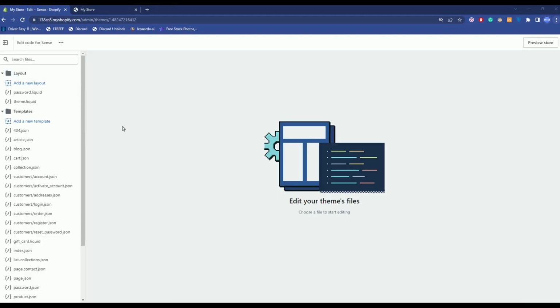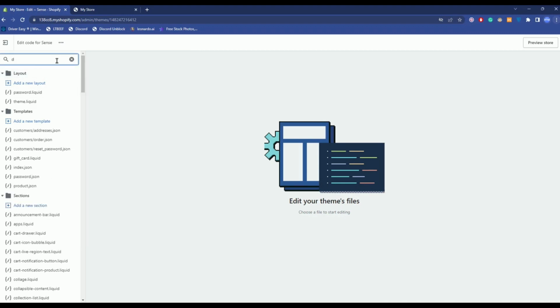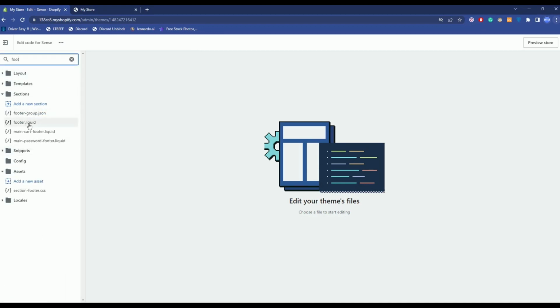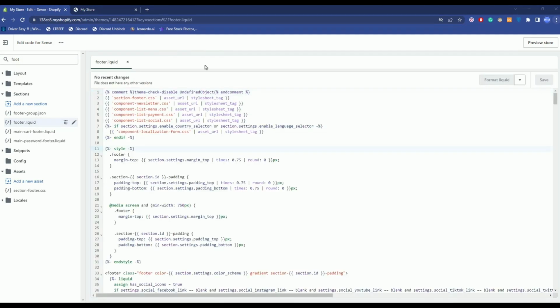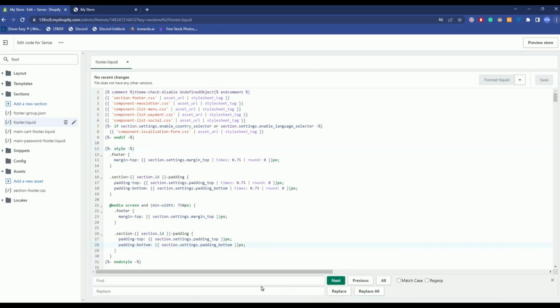edit code. Now over here just simply search for footer, then click on the footer.liquid file over here. Now over here just simply search for Powered. Now for searching Powered, what you can do is just simply hold Ctrl plus F on your keyboard. That will bring the search option for you. Now over here just simply search for Powered,